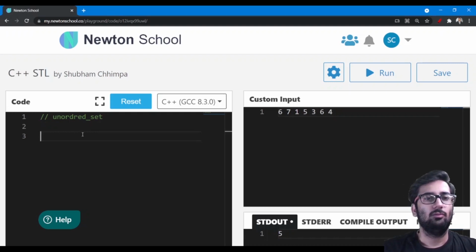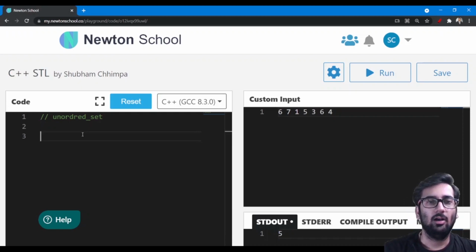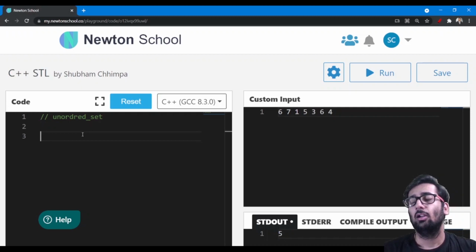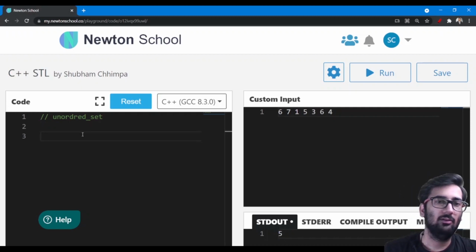Today we will start with unordered set. If you have done sets in maths, a set stores only unique values. Unordered here means there are two types of sets in C++: one is unordered and the other is the normal set, that is set.